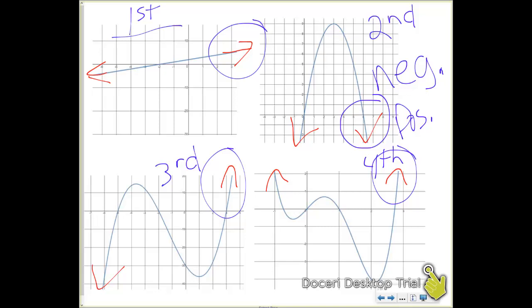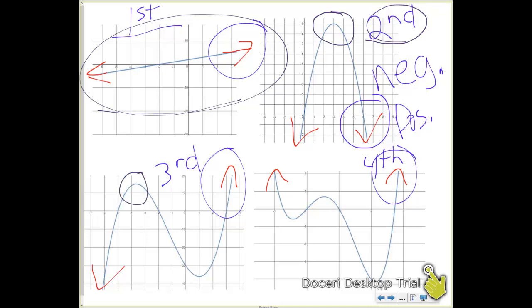Another generalization we can make is if you look at the first degree, which is right here, you'll notice it has no turns in the graph. So a first degree has 0 turns. If we look at a second degree, it has 1 turn. If we look at a third degree, it has 2 turns. And a fourth degree has 3 turns. So the maximum, not at any given time, but the maximum number of turns will always be 1 less than the